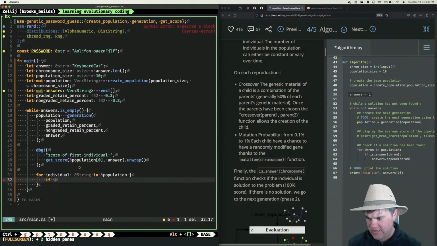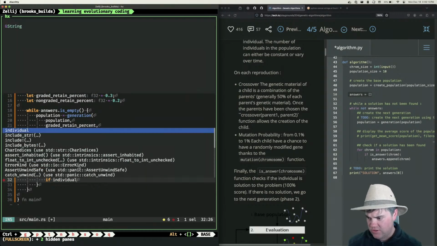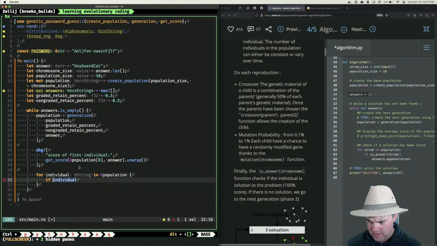No, we do not have an answer. So what we want to do is say if individual is equal to answer,